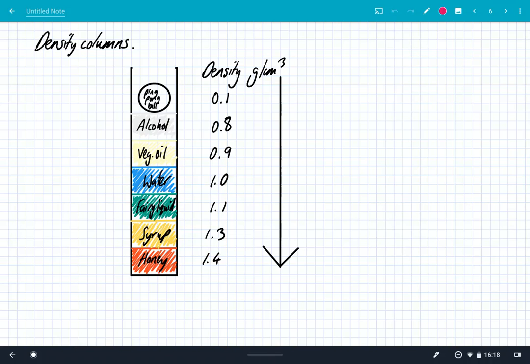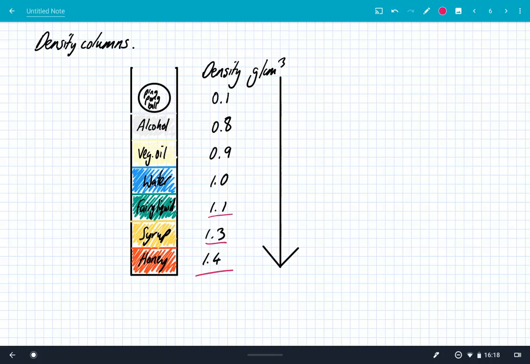where you've got a number of different liquids and sometimes even put solids in there, put a ping pong ball in here. And you can see that the most dense substance, the honey, which has a density of 1.4 grams per centimeter cubed, sinks to the bottom. And then you've got syrup, which is slightly less dense. On top of the syrup, you have fairy liquid, 1.1 grams per centimeter cubed, and it goes all the way